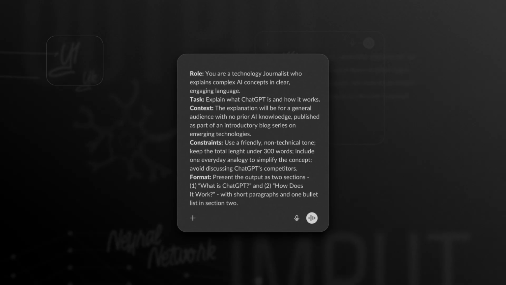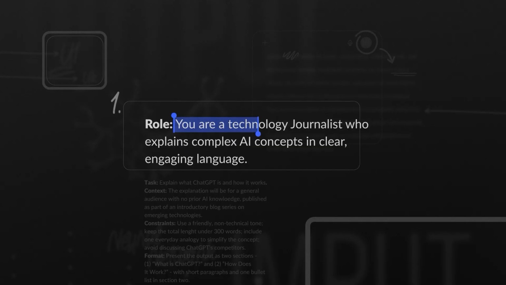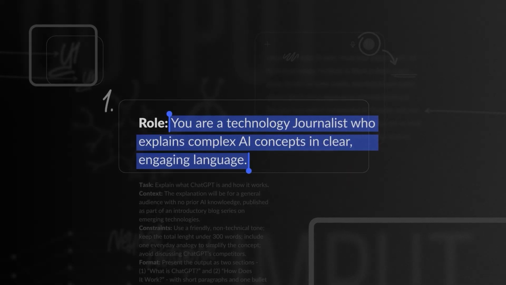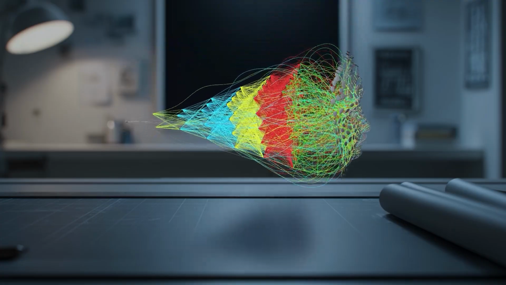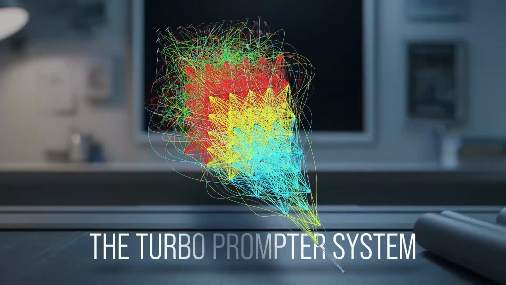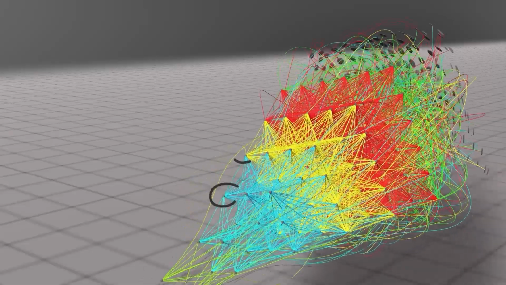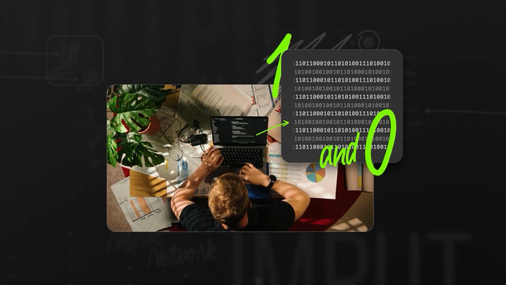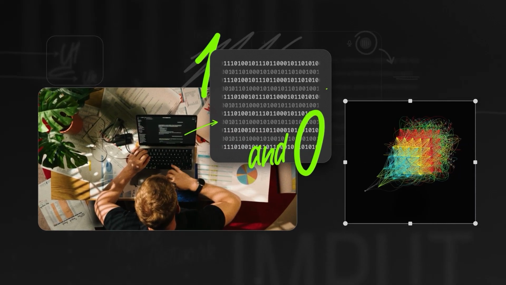In our example, the role assigned by the turbo prompter is a tech journalist who explains AI concepts in clear and engaging language. But that's not just a nice label, and to really understand why, you've got to take a look at this image here. What you see is essentially a 3D representation of an AI model's brain, obviously on a much smaller scale. Each dot represents a neuron, and each line represents a connection. So when you type in a prompt, your words are converted into numbers or tokens, which then ripple through this